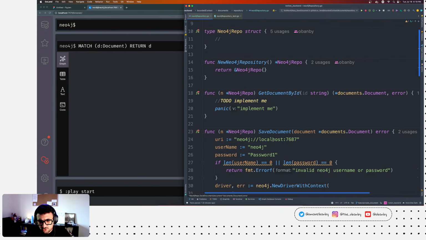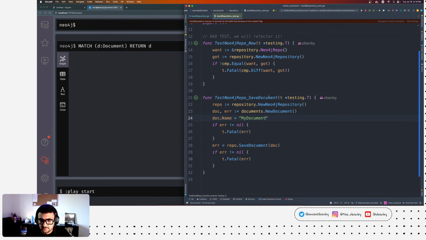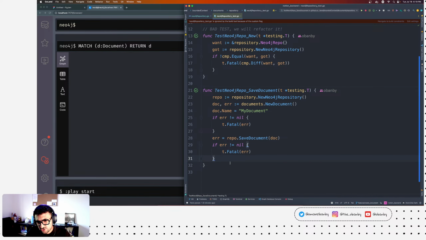And we kind of executed a manual test for that, right? And we wrote here repository, new Neo4j repository, then we created a new document, then we saved the document, but we didn't try to get it back in order to verify if it's actually already saved or not.